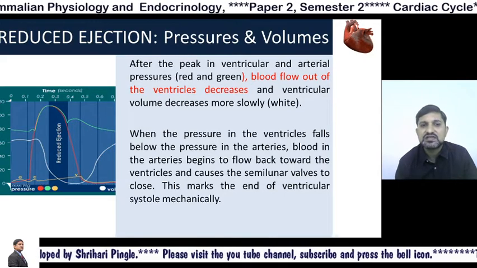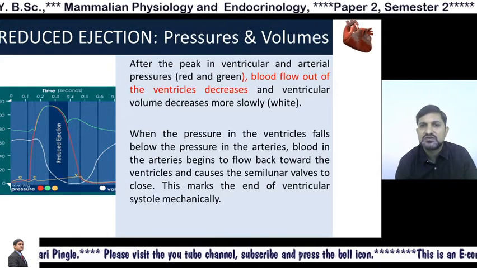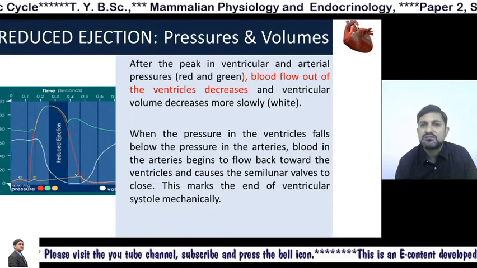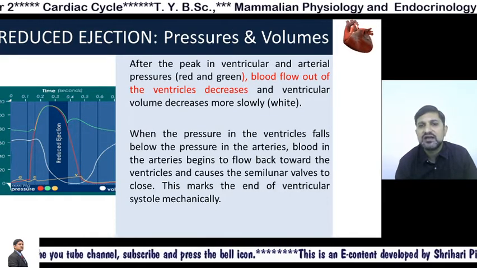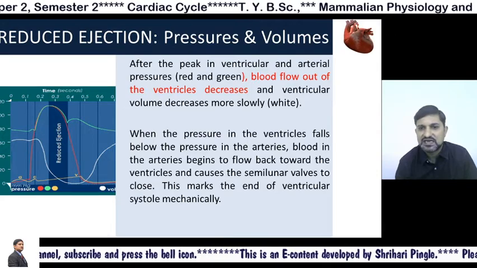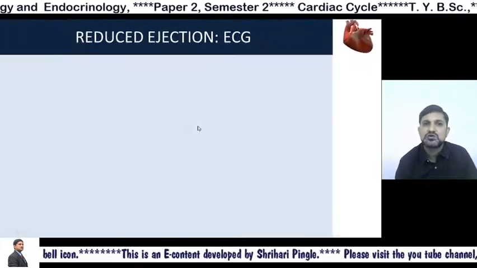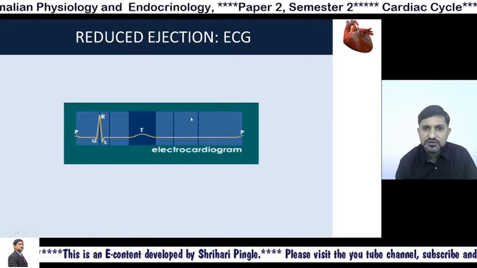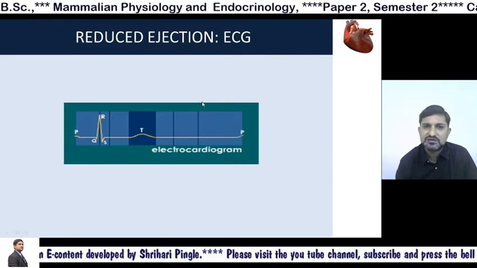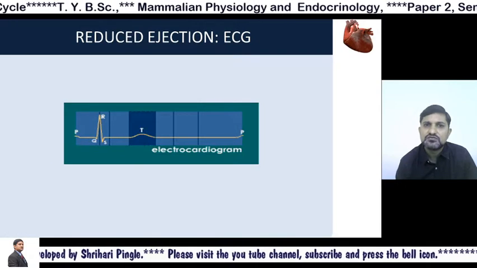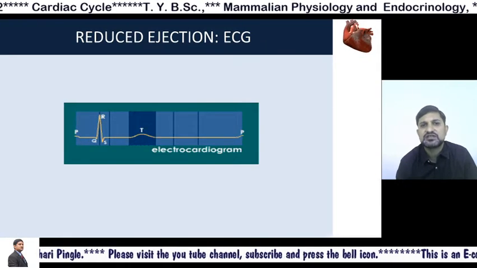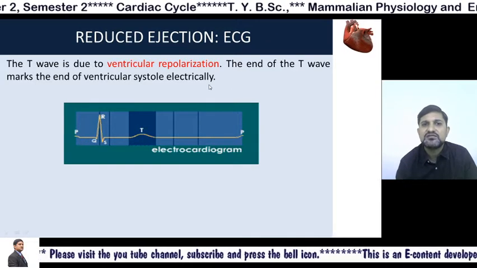So two important events which are taking place over here is that the blood flow into the artery and aorta is decreasing, and secondly, the backflow is causing semilunar valves to close. Now, during the phase of reduced ejection, you would see a small deflection here, and this small deflection is because